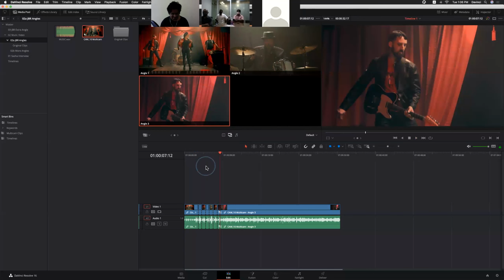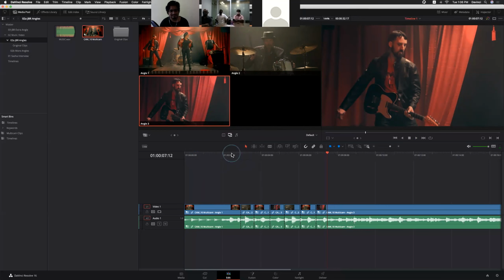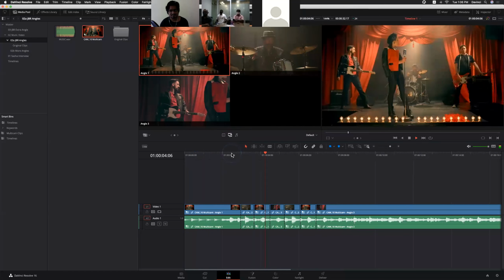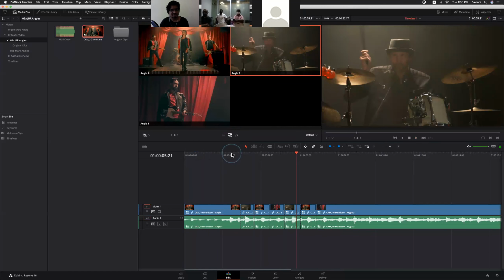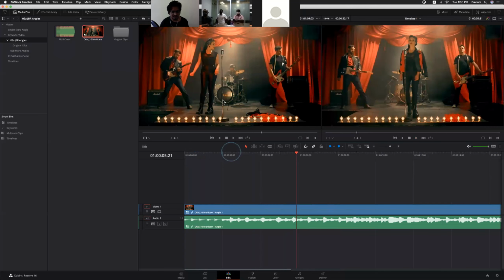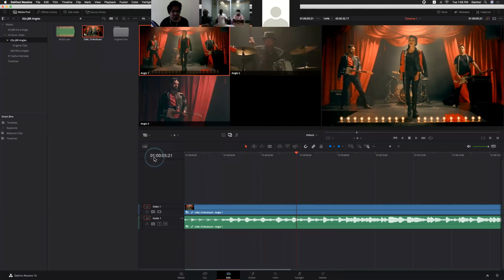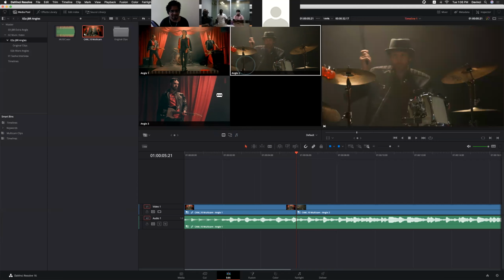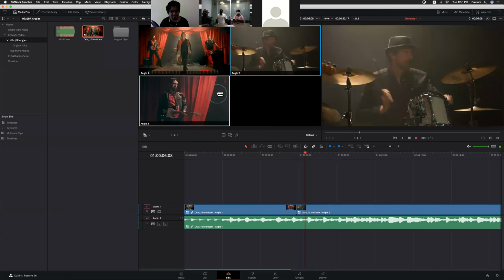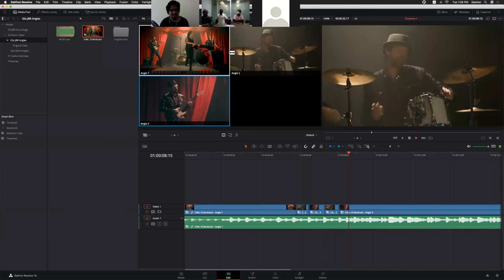Now we are adding both audio and video to the timeline, right? But I want to stick with the one clip's audio. Undo. Here you can select whichever audio I want, the wide angle one, as the source audio. Now simply click video. Now we are switching only between videos. Now we are not cutting audio here.